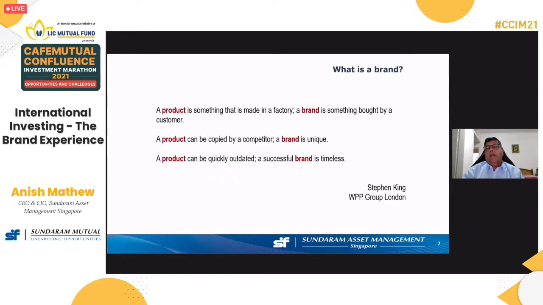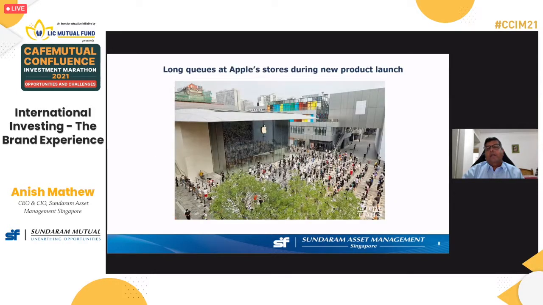What is a brand? A brand is an intangible that distinguishes two similar products. It is something which is viewed by the customer, which creates brand loyalty. A classical example is Apple. When it launches a new product, you can see the diehard loyalists of Apple queuing up nights on end before the launch just to be the first in the queue to get their hands on a new product. And that is what a leading brand creates, undying brand loyalty.